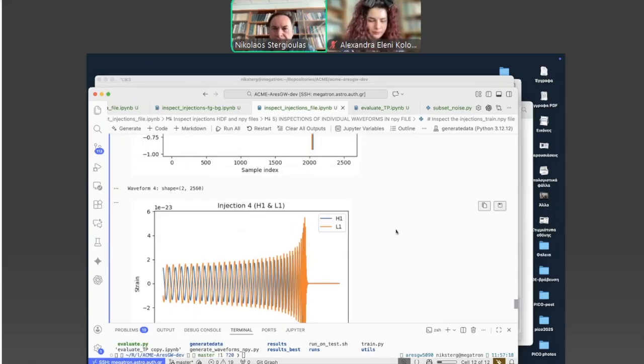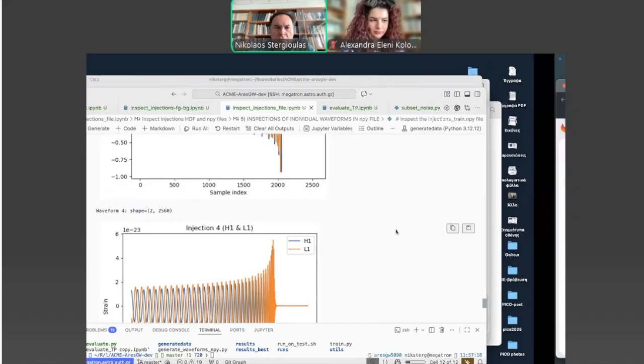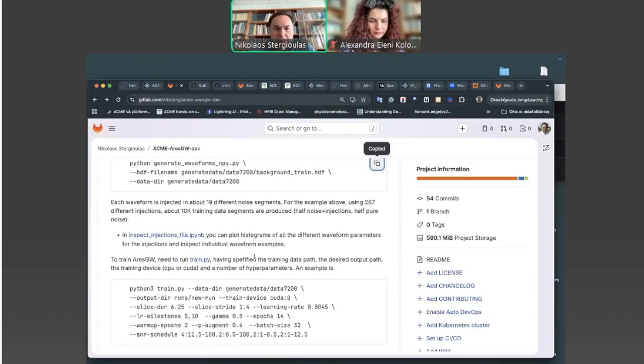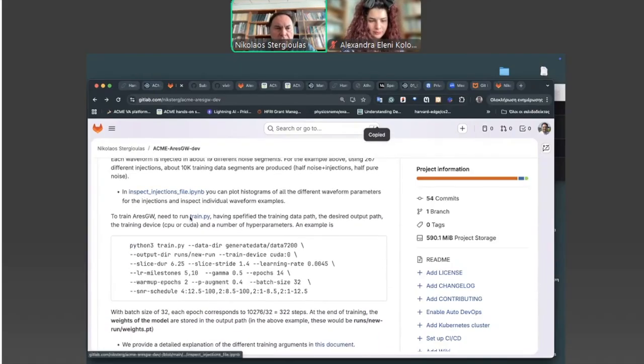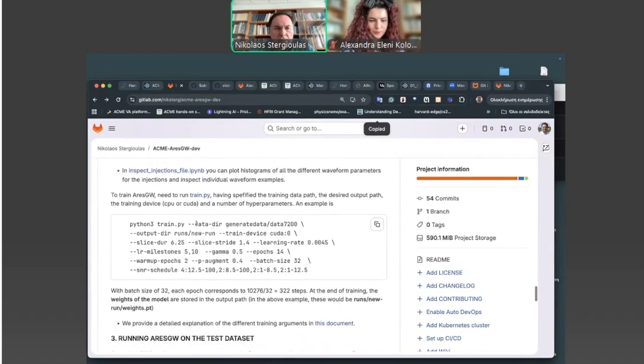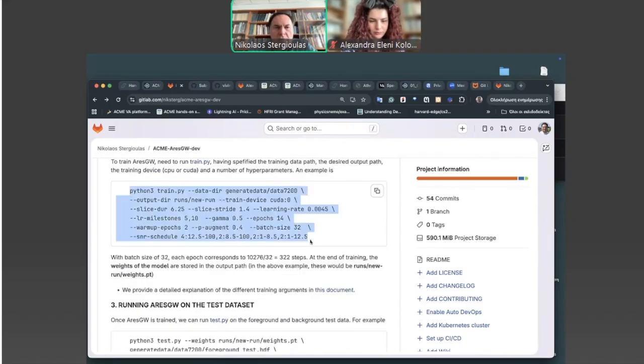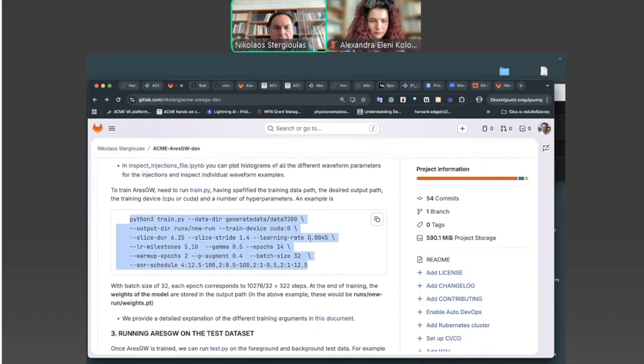Okay? So, our training data are ready, and we inspected them, and now all we need to do is to start the actual training of AresGW. This is the command that we can run, and in fact, we will run it now.